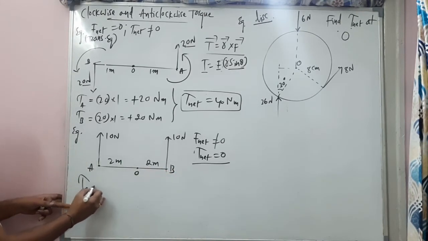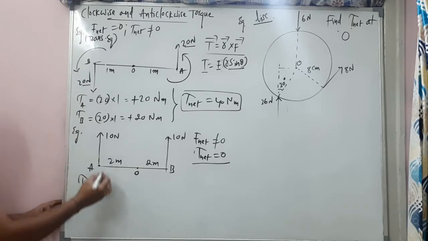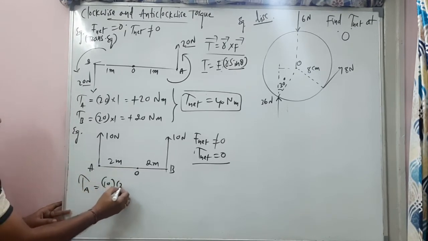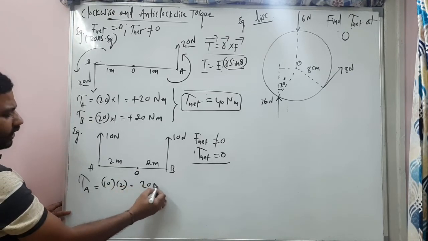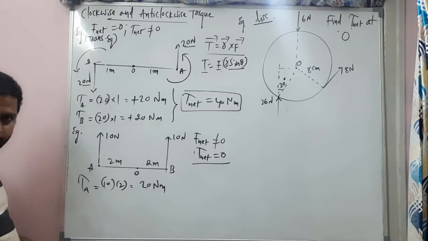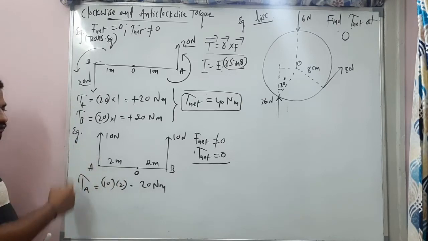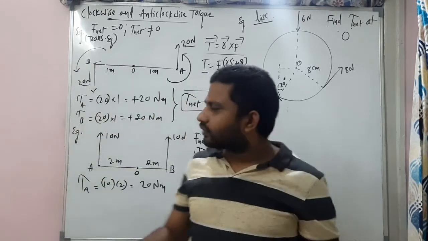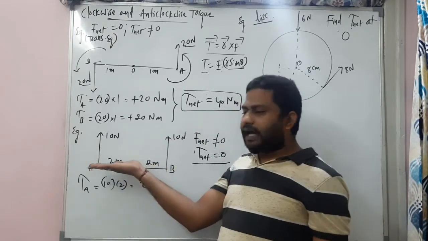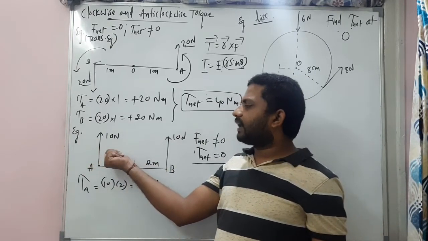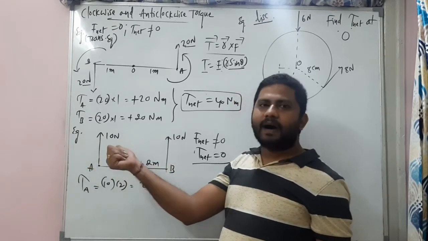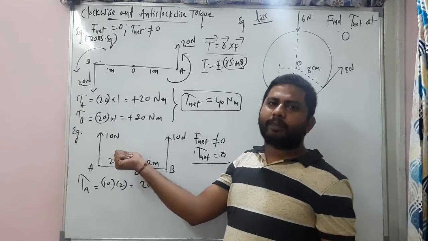Torque at point A: force 10 newtons, perpendicular distance 2 meter, it's 20 Newton meter. Is it positive or negative? That is important. R bar cross F bar, right? I need to stretch my fingers like this. Observe. So this is R bar, and towards F bar I need to curl the fingers. Look at here, R bar cross F bar. My thumb is pointing into the plane.